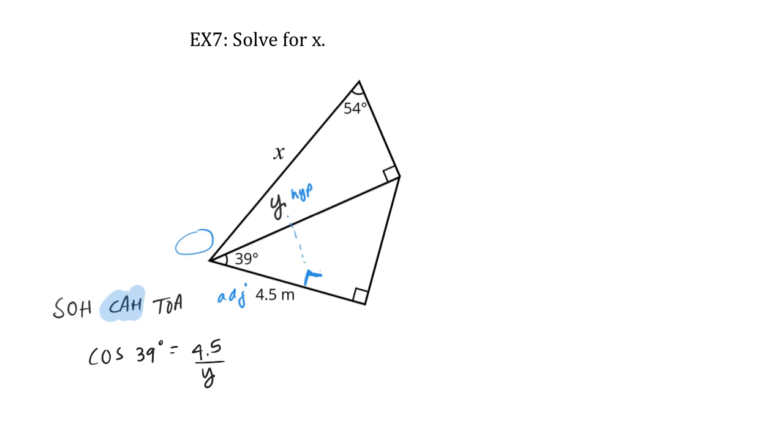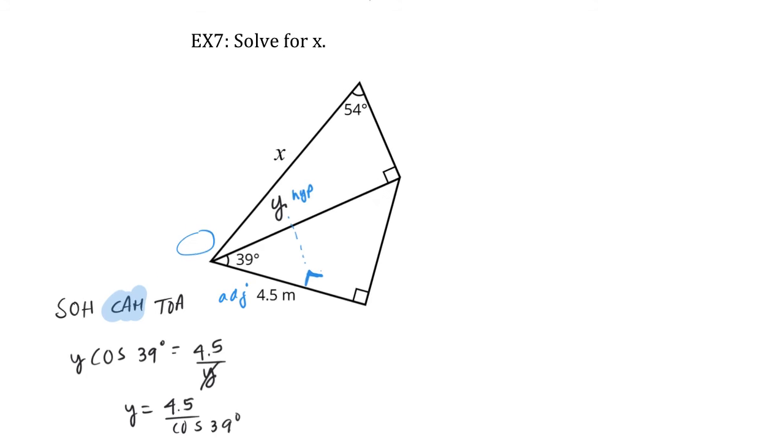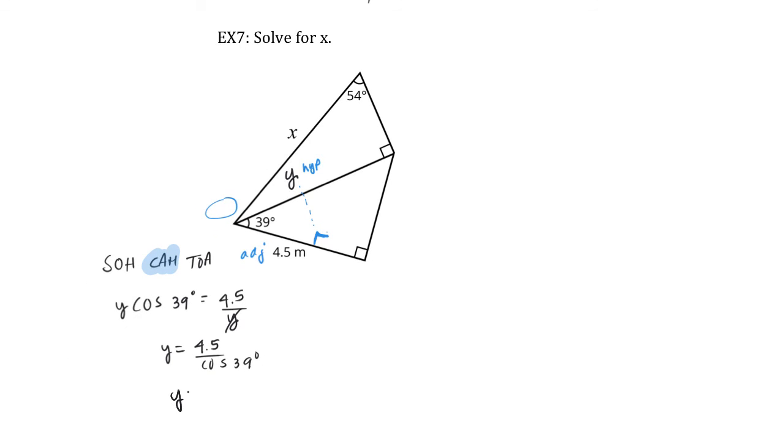And then you can either cross multiply or just multiply both sides by y and then divide through by cosine. So we'd have 4.5 divided by cosine of 39 degrees. And that gives us that y is approximately,